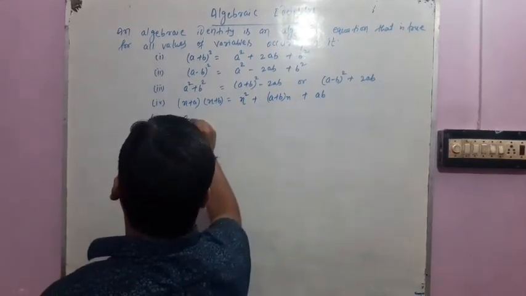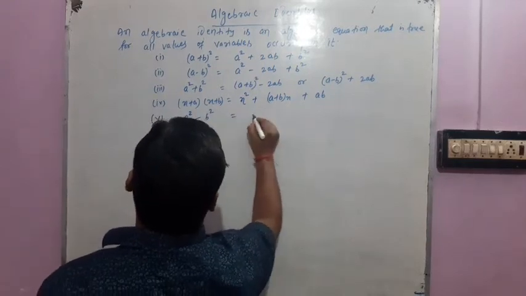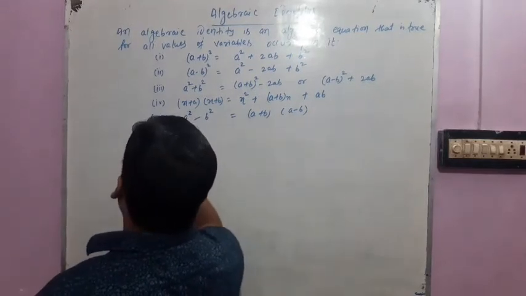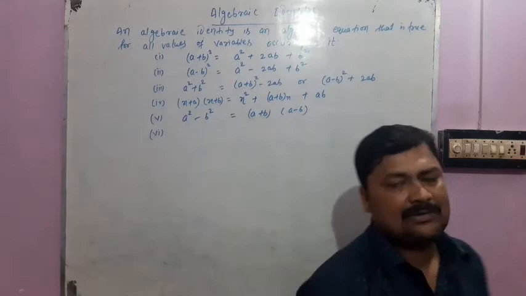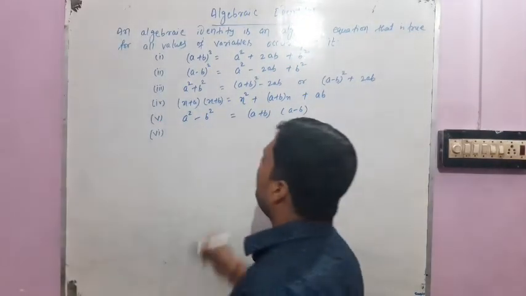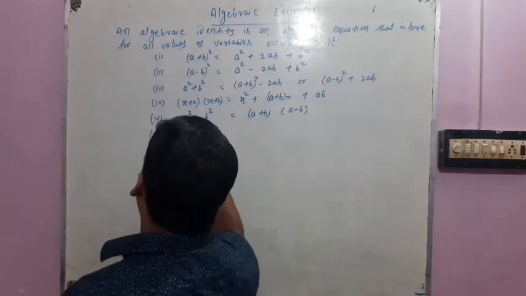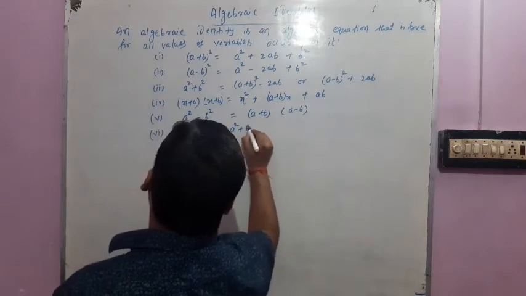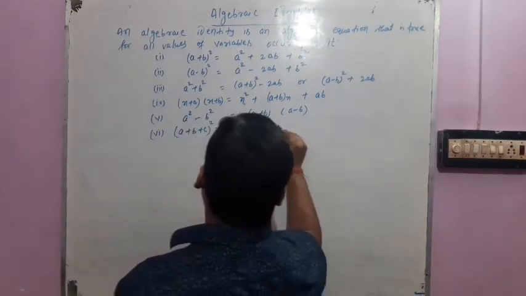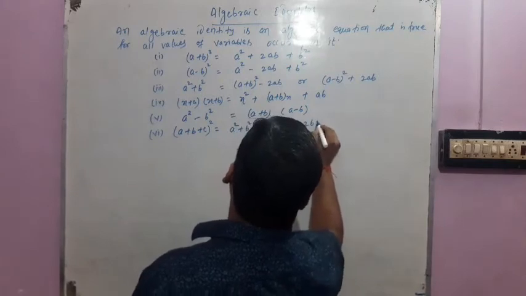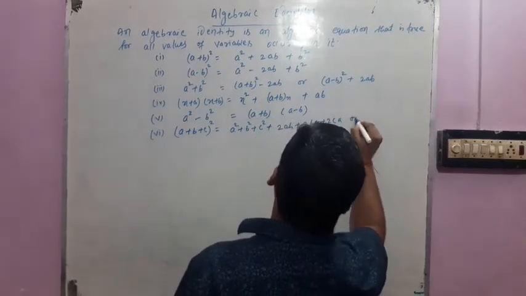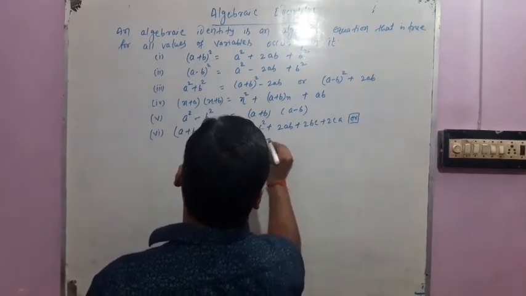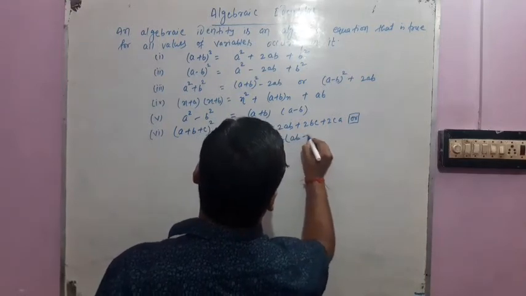The fifth is square of a minus square of b, that is a plus b into a minus b. Now a new algebraic identity that we have to learn in this class is the whole square of a plus b plus c. The whole square of a plus b plus c is a square plus b square plus c square plus 2ab plus 2bc plus 2ca. Or you can also write it as a square plus b square plus c square, and we take 2 common here, ab plus bc plus